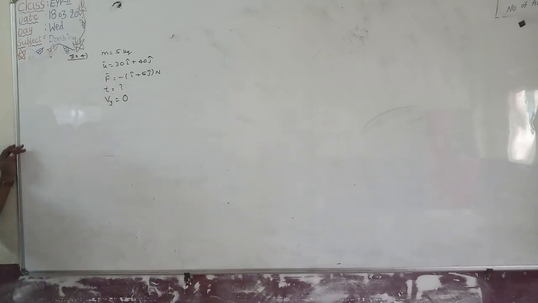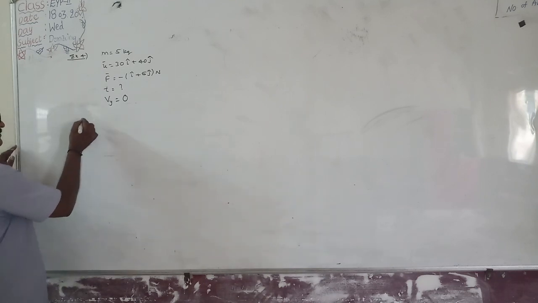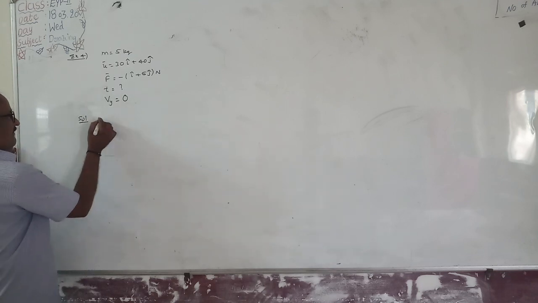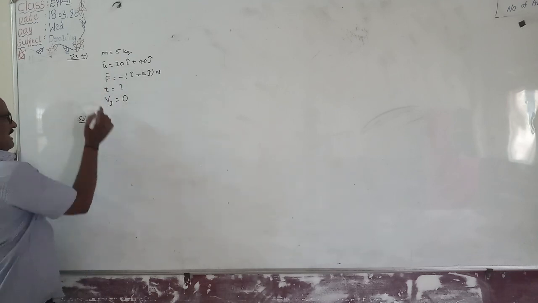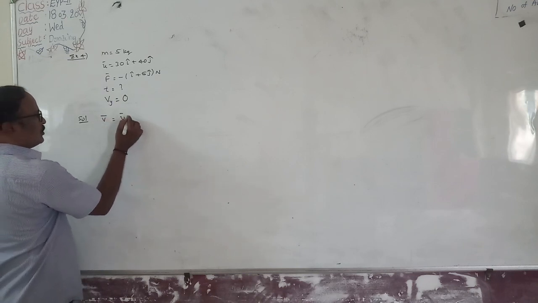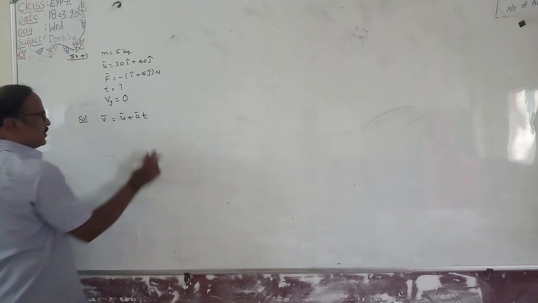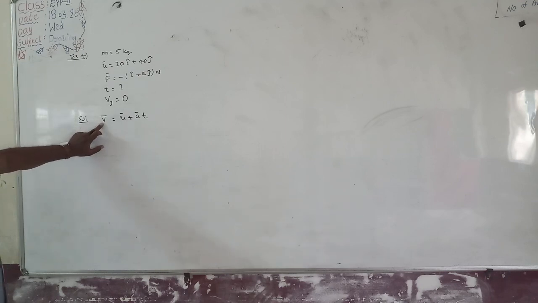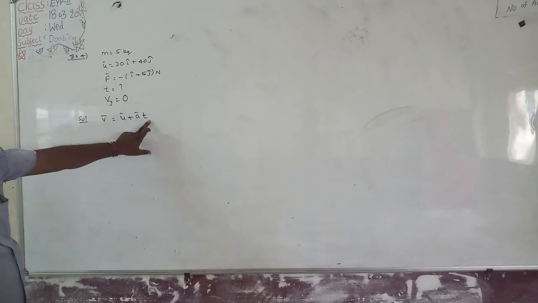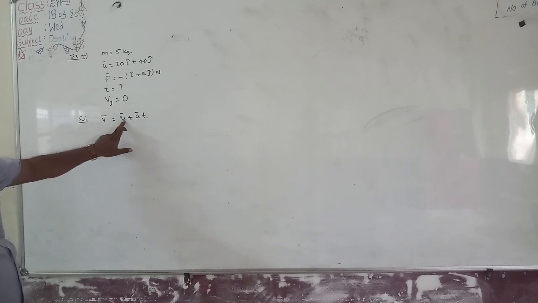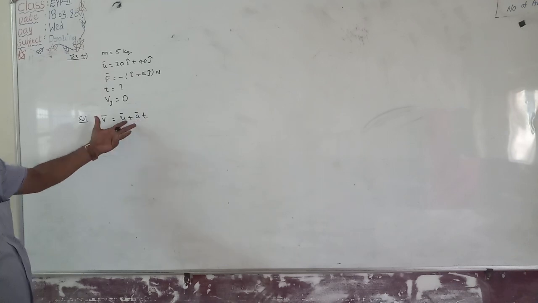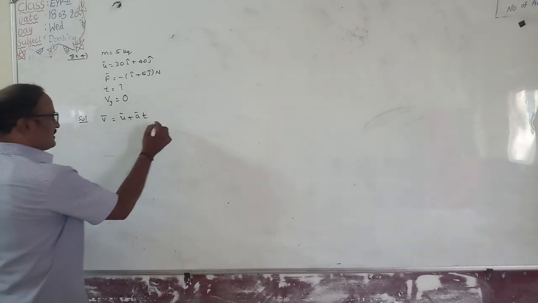This is the requirement. For the y component of velocity, we are having the total velocity, which means we need the final velocity. In vector form, the velocity-time relation is v bar equals u bar plus a bar into t. To find this final velocity we need u bar, a bar, and also time t. Here u bar is given as 30 i cap plus 40 j cap, but we don't know the value of a bar. How do we find a bar?